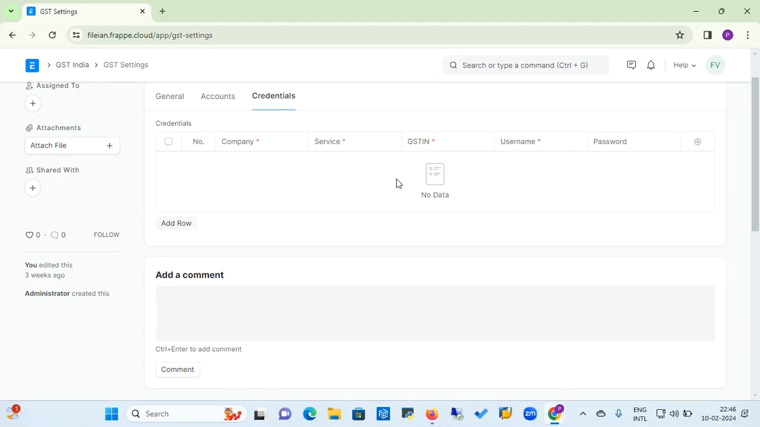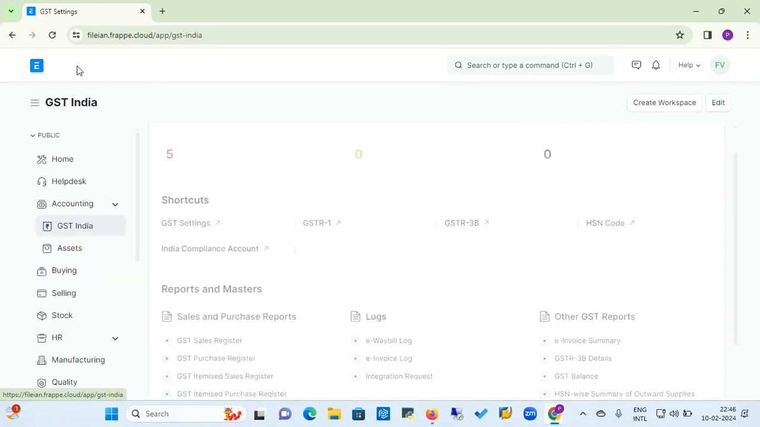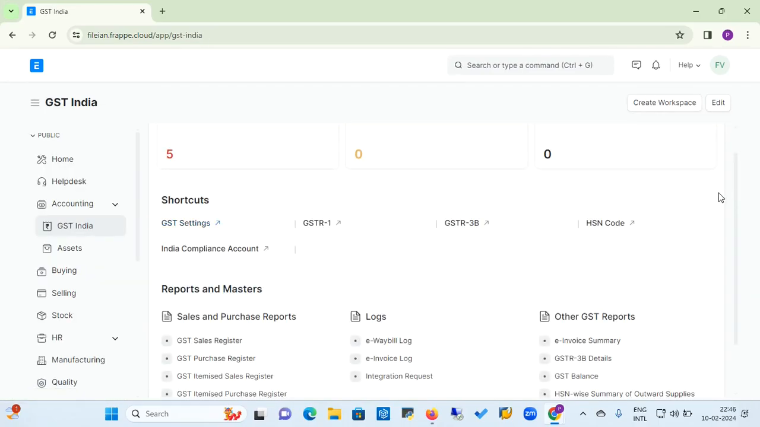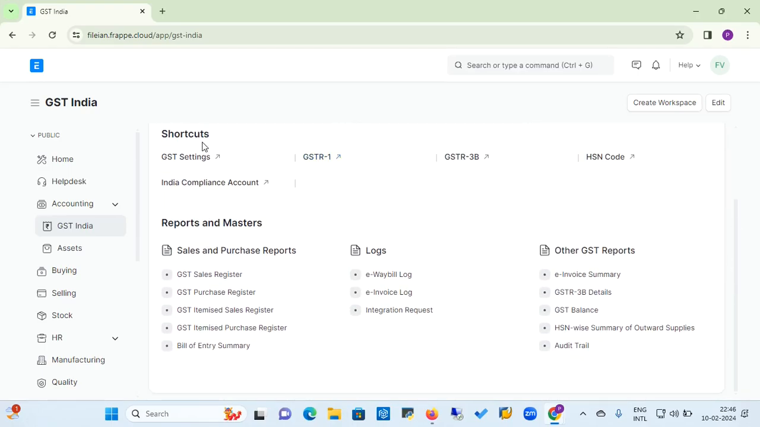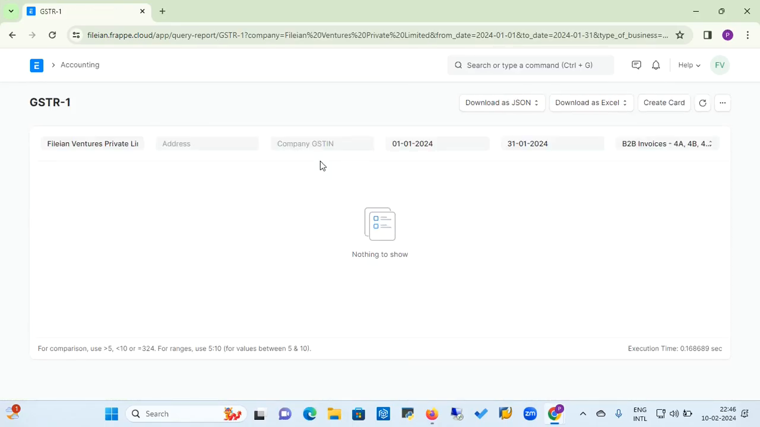So this facility is also available in ERPNext. So go to the GST India doctype, and we have seen the GST Settings. Now we will go to the GSTR1 report, and here you can generate a GSTR1 report by using your company